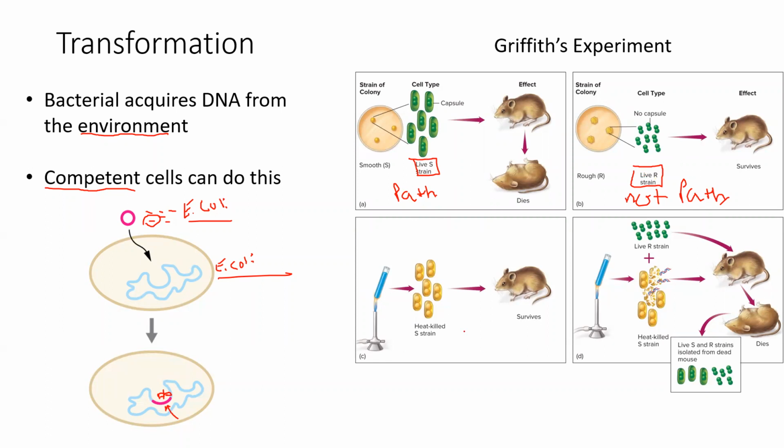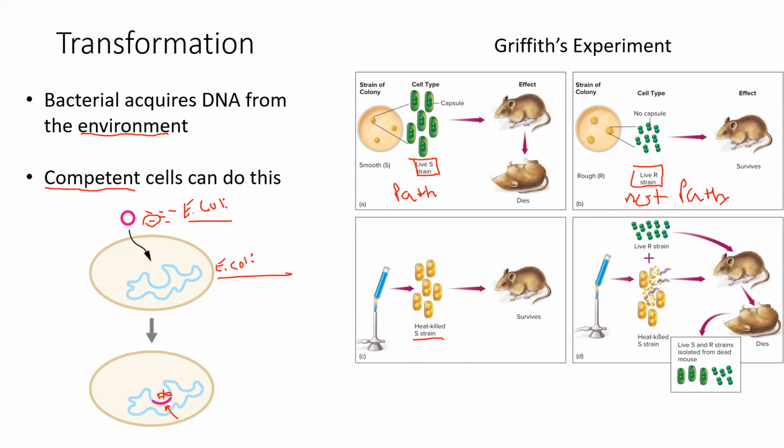So what Griffith then did was he took this pathogenic S strain and subjected it to heat. What is severe heat going to do to an organism? It's going to kill it. So this was a heat-killed strain. When he injected it into a mouse, it survived. The pathogen was dead, so there was no harm to the animal. But what surprised and shook the entire scientific community was